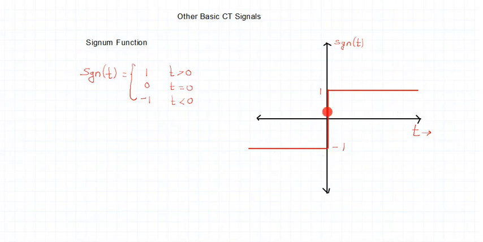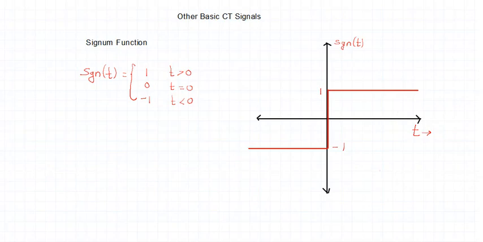So, my signal is minus 1 for all the values of t less than 0. It is plus 1 for all the values of t greater than 0, right? And hence, this is a standard signal, right? It's called a signum function. Henceforward, whenever we write signum function, this is what should come in front of you, that this is the signum function. These are standard signals. They are fixed. You cannot change it.